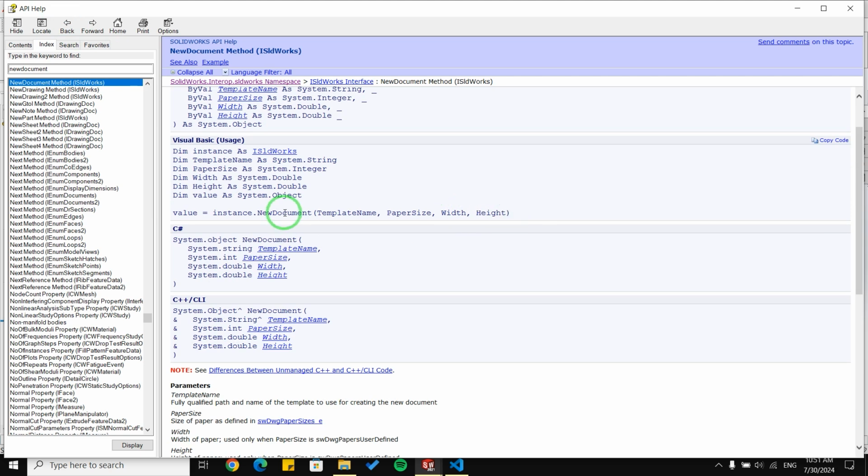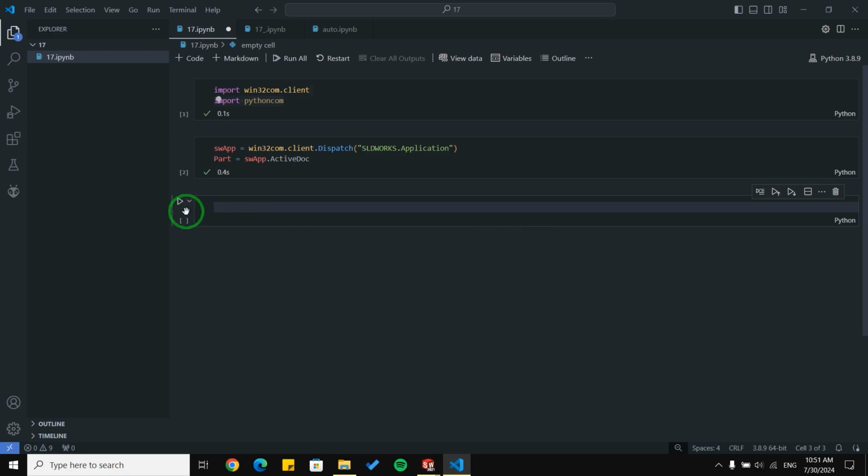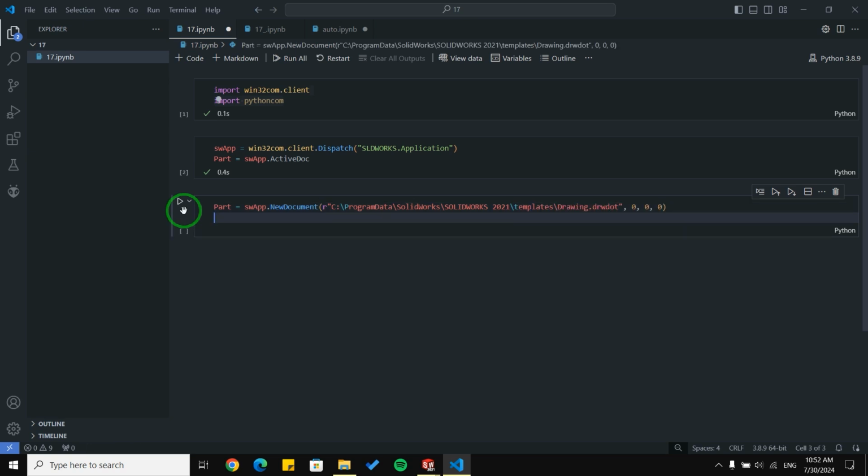So I'm going to use NewDocument, and for the paper size, I'm going to put 0. Okay, let's write the code here. I have used NewDocument and I'm typing the address, and I use 0 for paper size, so I don't need to specify the width and height of the sheet we are going to use.